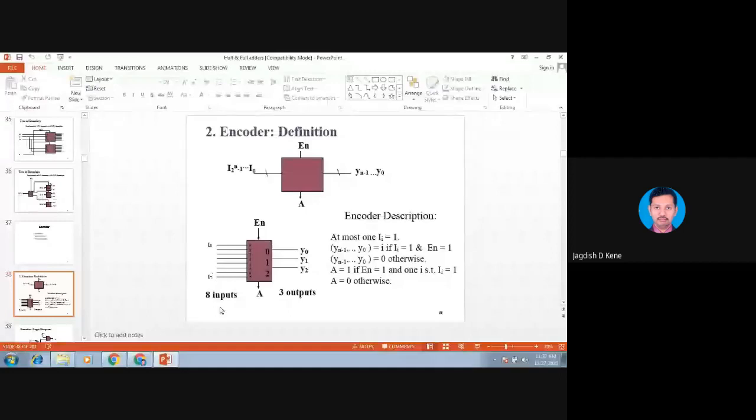So there are 8 inputs and 3 outputs. That is the identity of an encoder. It will encode the data, which means it will save memory.